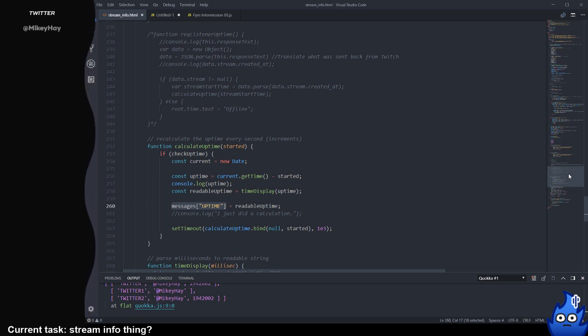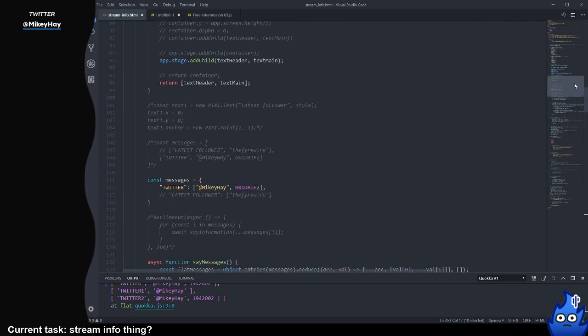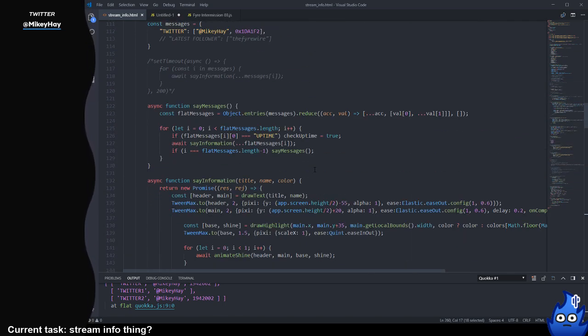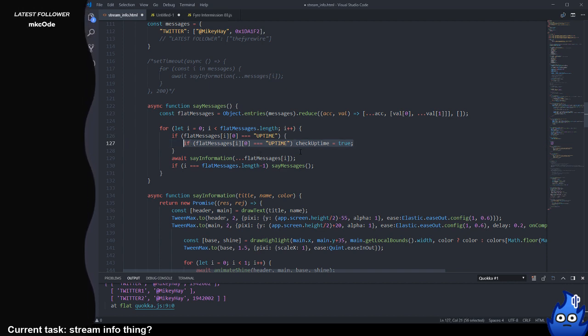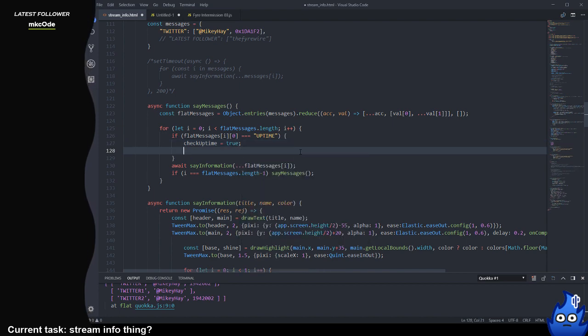Because I kind of want to animate it going up, but at the same time, this seems like it would be a bit of a pain to do. Maybe I should do it up here. Check uptime is true. Generate